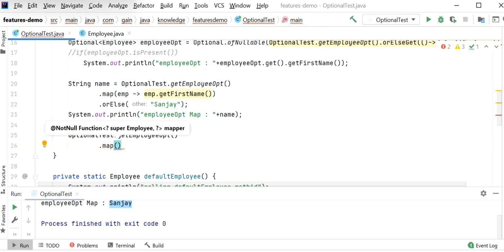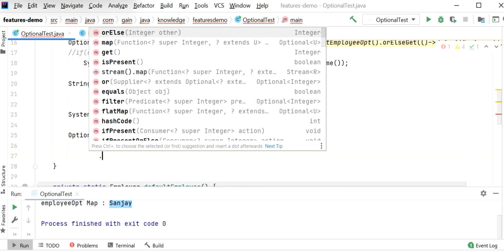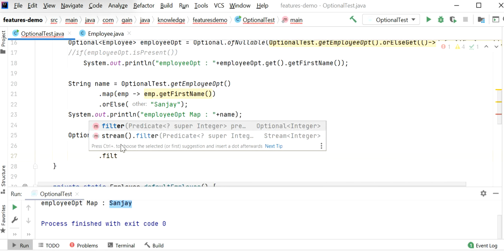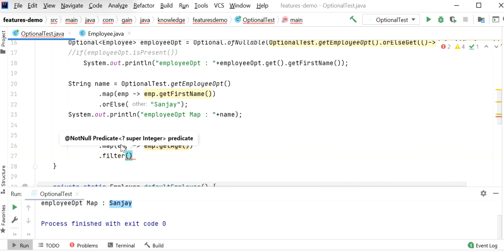So here I will call employee, lambda expression, employee dot get age. Now I will use the filter method to validate the data. So here I will use employee age and validate the age. If age is greater than 17, then it is valid.